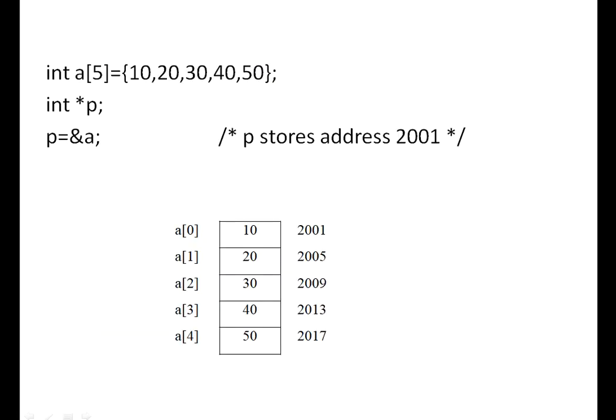So here, if this is p, what is p plus 1? 2009. How systematically can we take it? 2005, the starting address, plus the size of one variable, 2005 plus 4, 2009. And from here, if it is minus 1, how are we getting 2005? p is 2009 minus one variable size, minus 4, equal to 2005.